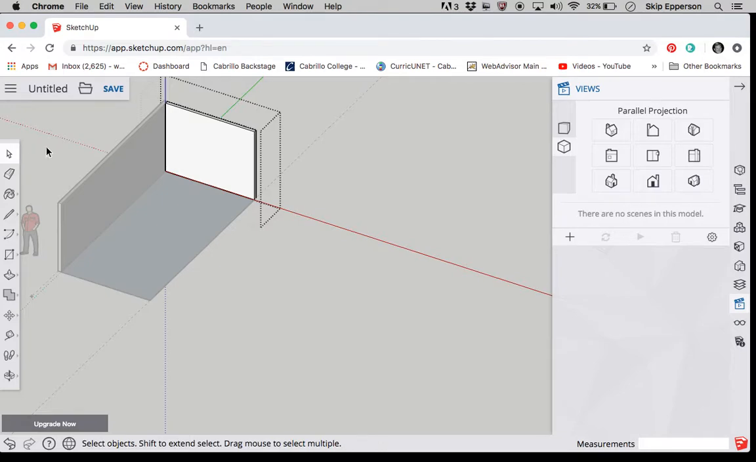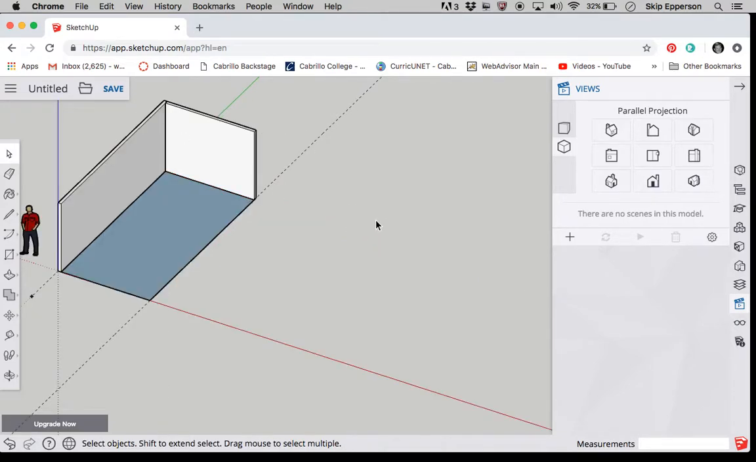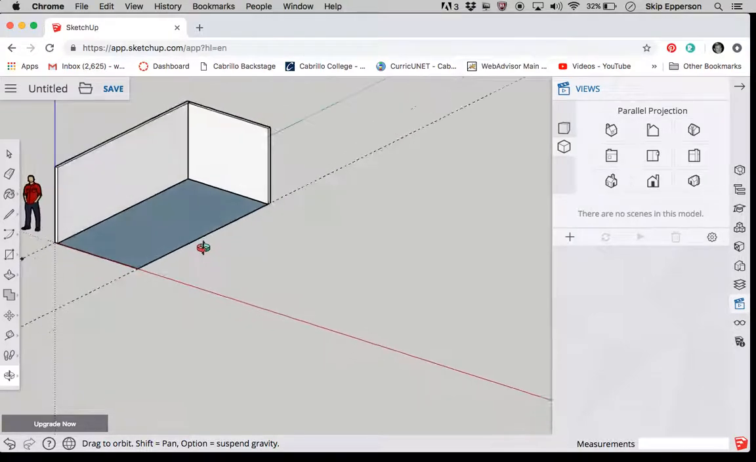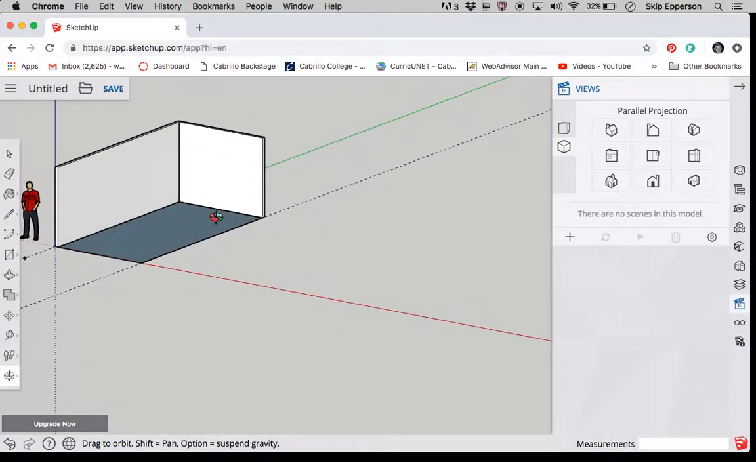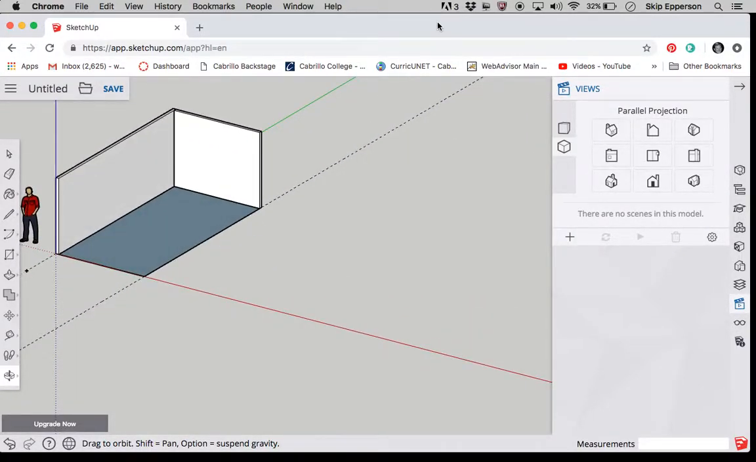All right, so that gives me 2 walls to build my room. Okay, there he is. Excellent. Okay, I'm going to